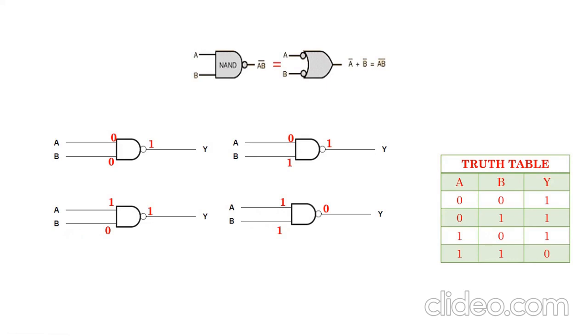That is the meaning of the term one or more input is low. One or more input is low means all the inputs are low, or it is a combination of zeros and ones. Under these conditions, the gate will be providing me an output of 1. And when all the inputs are high, the gate will be providing me an output of 0. This is my positive logic NAND gate.